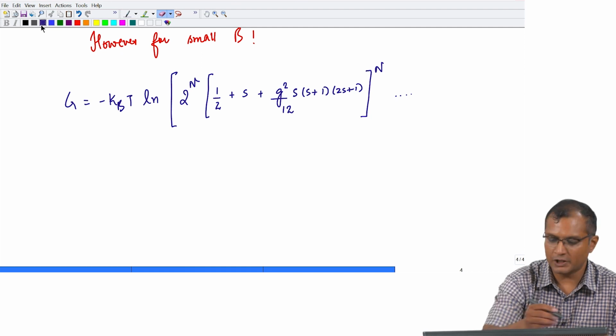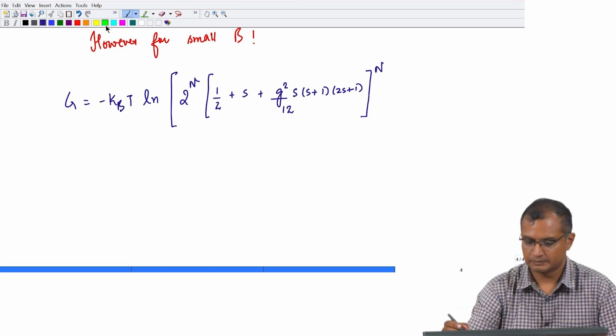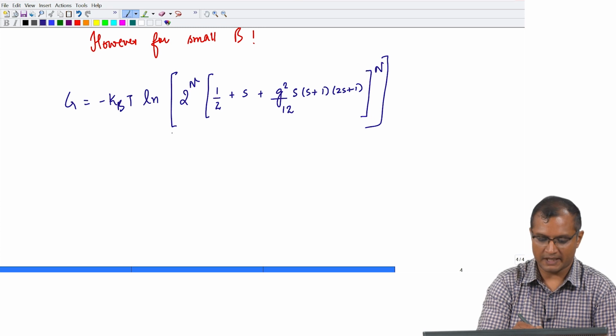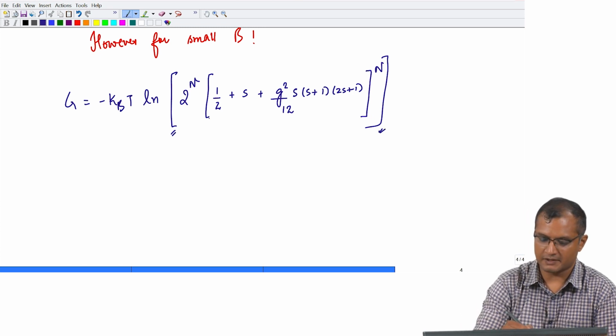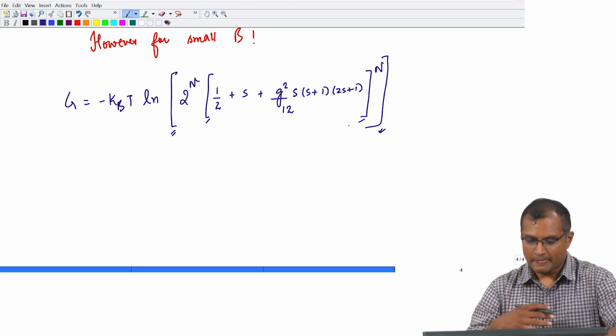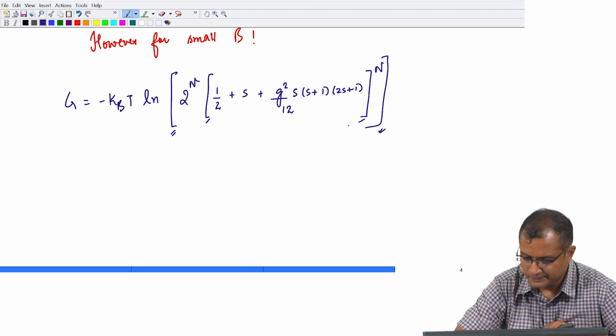Okay, minus kt ln of my z. So, this bracket here corresponds to this bracket, and this bracket here is for this bracket. Okay. So, let us do this calculation